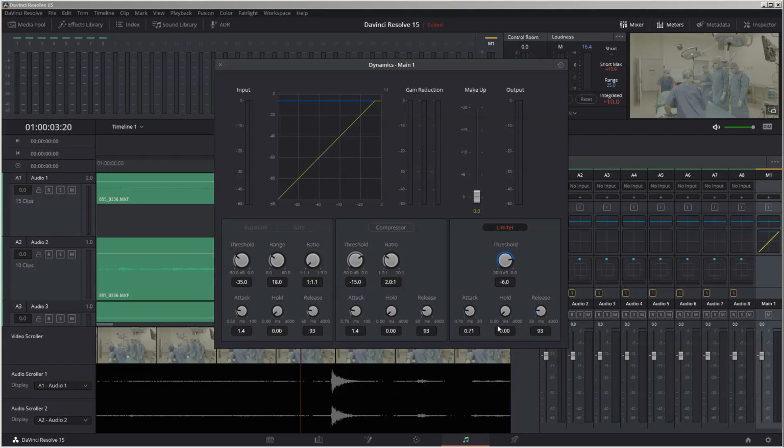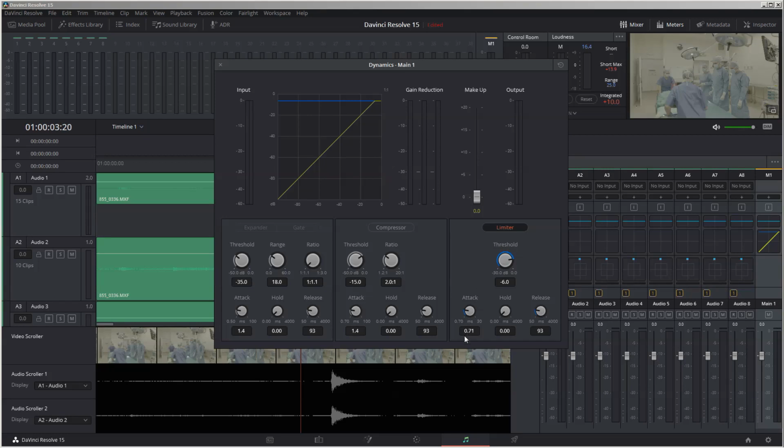The attack and the release. We have talked about attack and release a few times, when we talked about the gate, when we talked about the compressor, so we should be familiar now. How fast does the effect work, and how fast does it stop working, kind of. So this is how fast does the limiter come into action when we reach this level, and how fast it closes the gate, it closes the gate for everything here, and how fast does it reopen again.